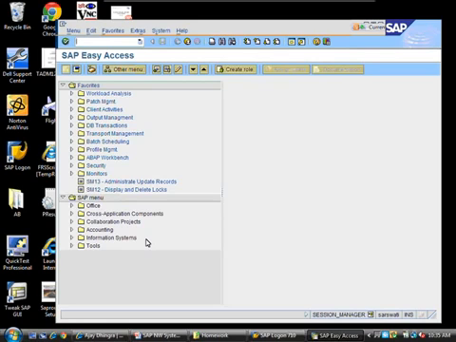Shishya, welcome tab. Welcome. And then hit enter and go to the main screen.